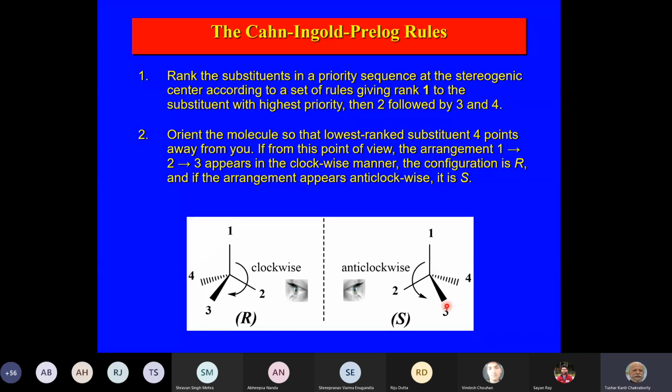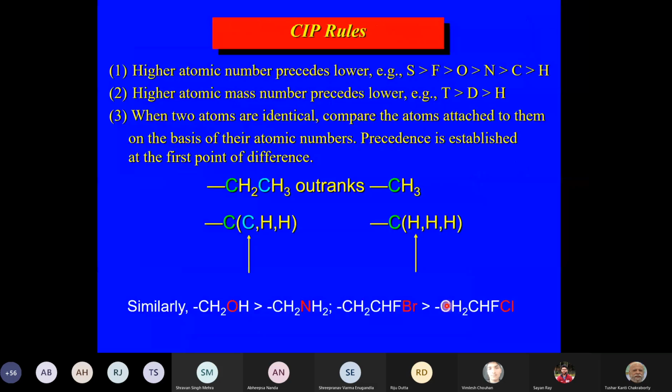So the only thing you have to remember is that the lowest priority goes away from you. And how do you give the priorities? There are a few very simple rules. You must have learned all these things. The atom with the higher atomic number will take precedence, for example, sulfur more than fluorine, more than oxygen, more than nitrogen, than